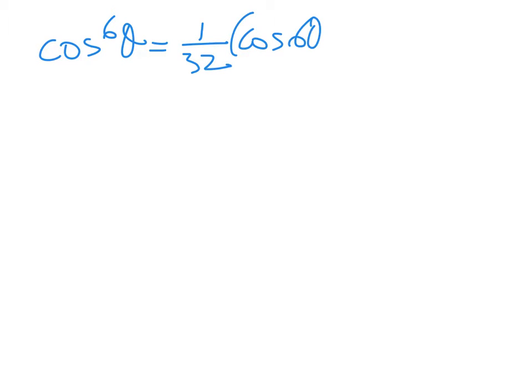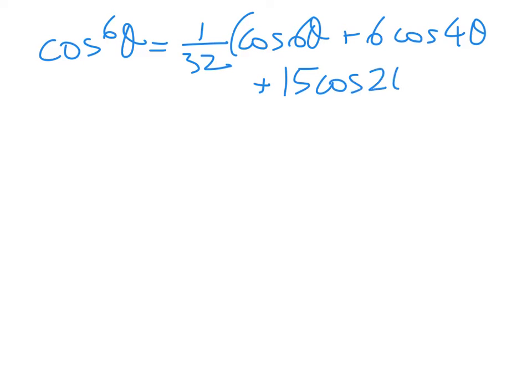Now, let's look at what we want to show first, as usual. So we want to show that cos of theta to the power of 6 is equal to 1 over 32 cos of 6 theta plus 6 cos of 4 theta plus 15 cos of 2 theta plus 10. So you can sit and stare at that for a minute, and then you can say, well, we're meant to